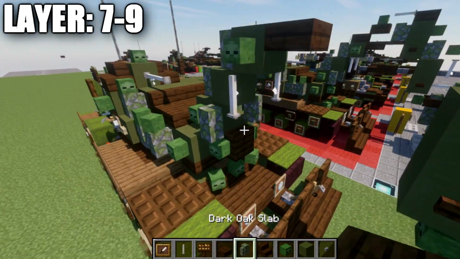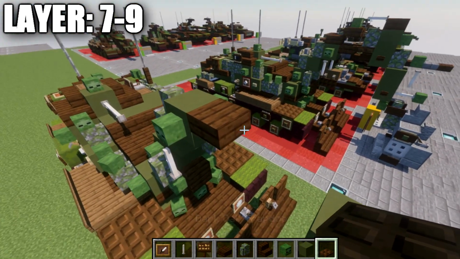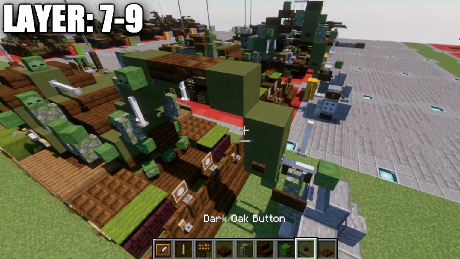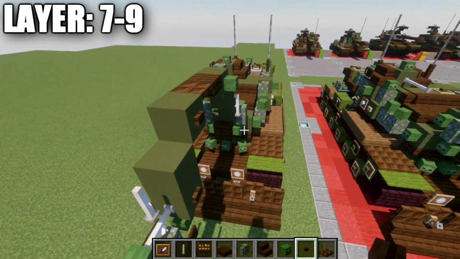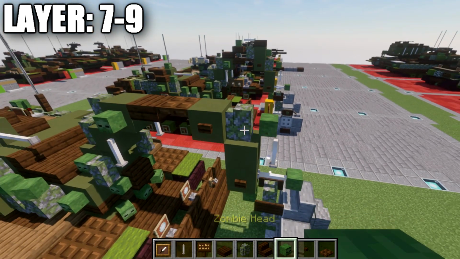After that, we're going to place down a dark oak wood top slab. After that, we're going to place down a dark oak wood trapdoor, and then a green terracotta block coming off that trapdoor, followed by a dark oak wood button here to both sides. We then want to place down a mossy cobblestone wall here, and then a zombie head coming off of that